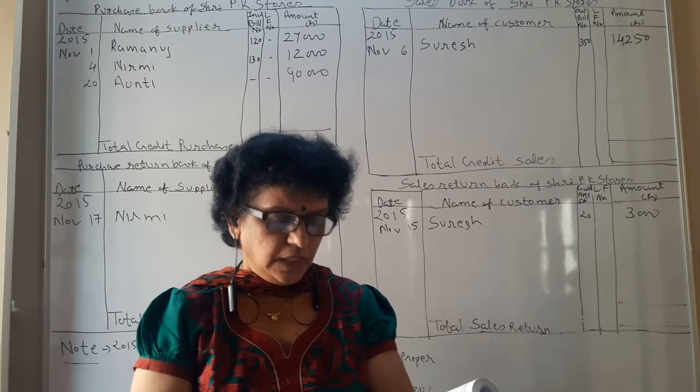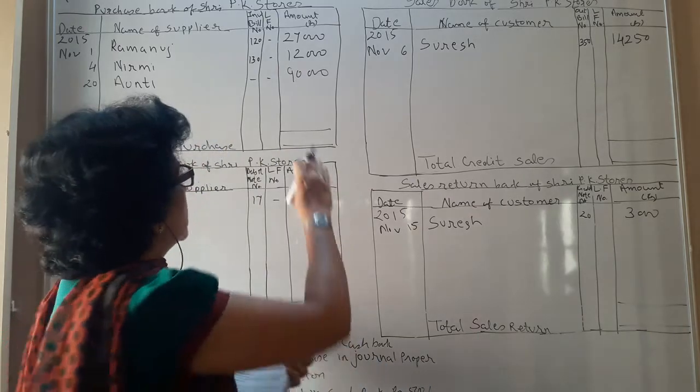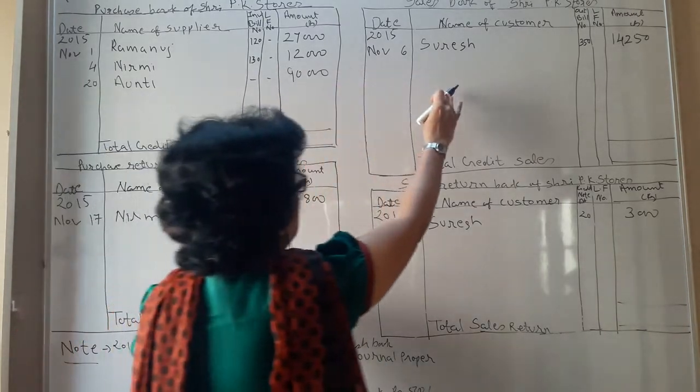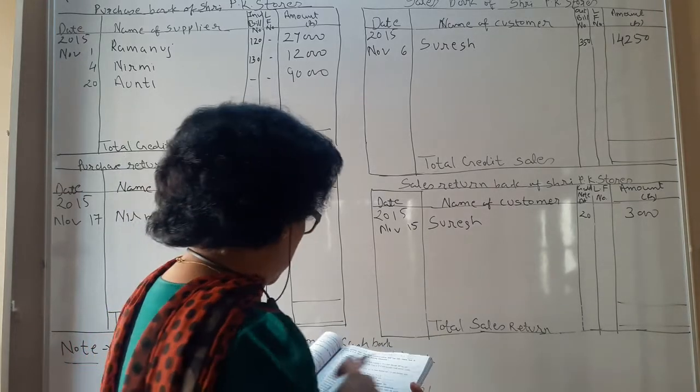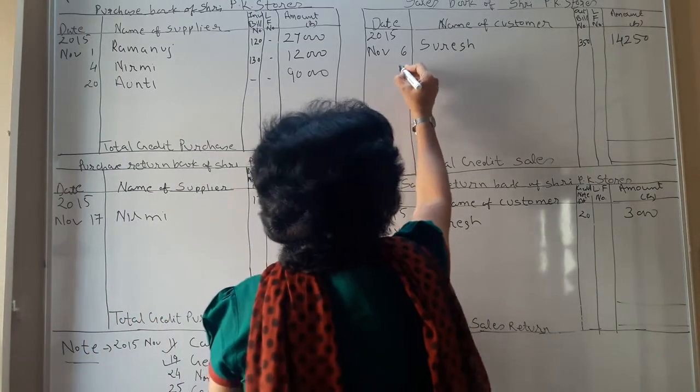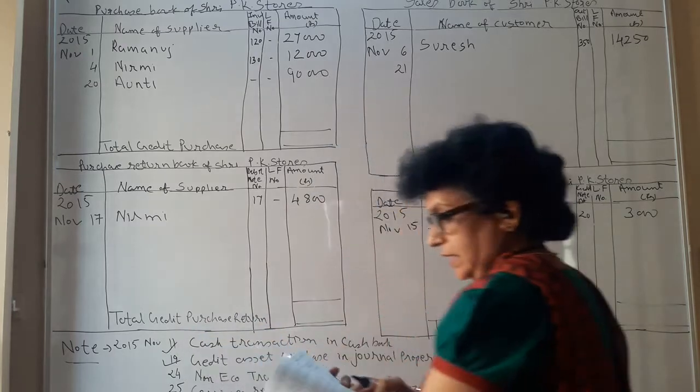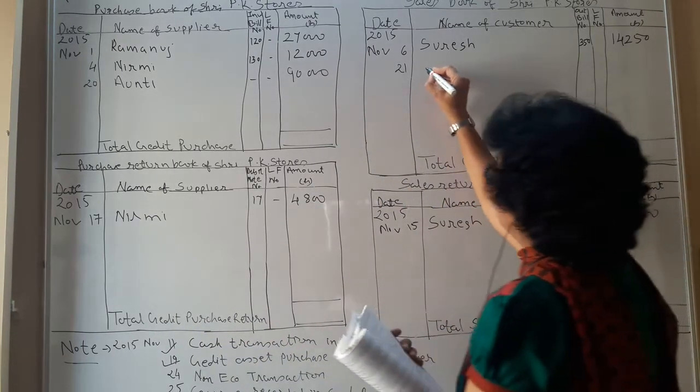21st, all the goods purchased from Aunty sold to Bala for 1,08,000, credit 1 month and trade discount 10%, bill number 360. So whatever you have purchased, you are selling. You are a trader, your business is to buy and sell. So we are selling those goods on the 21st. We are selling them to Bala.